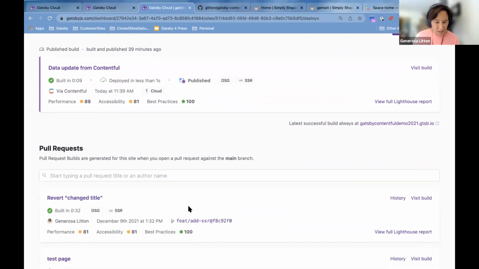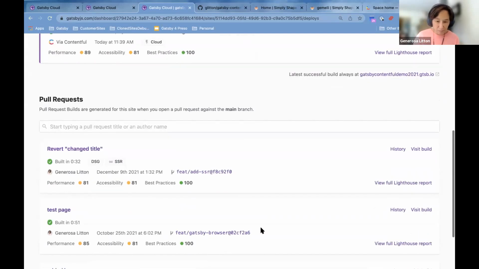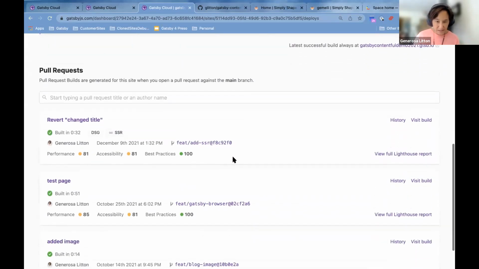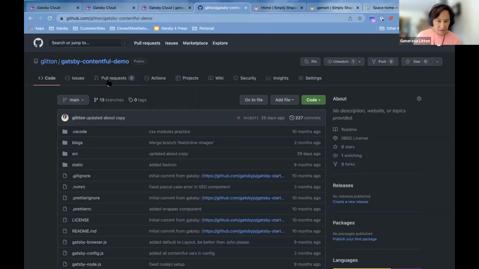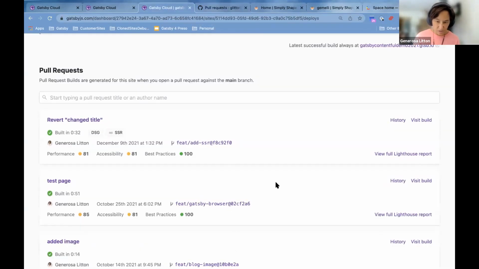So here in Gatsby Cloud, because we're integrated with your VCS, you can see your pull requests right here. And in fact, this is the GitHub account that is associated with that demo. And these are my pull requests right here. So these 3 pull requests are associated with these pull requests here.